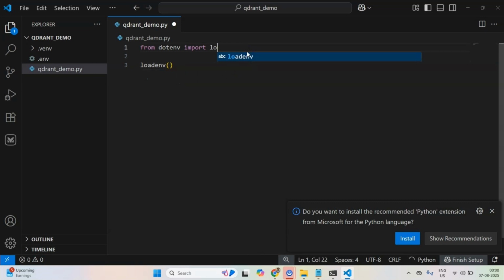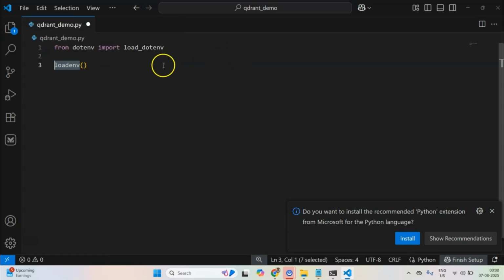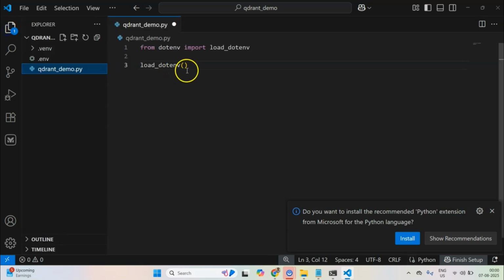I think it should be load_dotenv. We can call this load_dotenv function, and now what this function will do is it will try to look for a .env file in the same directory in which this script is located. So this script is located here, so it will try to find a .env file.